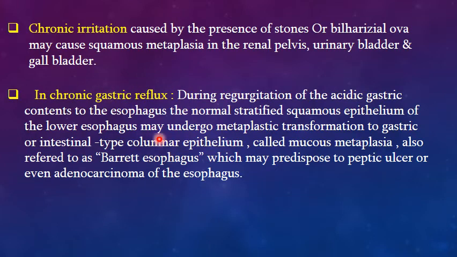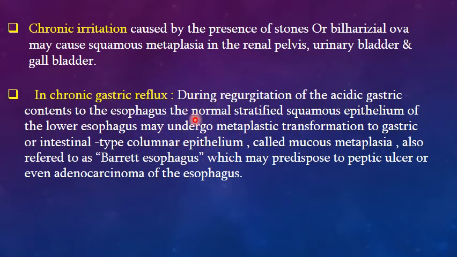Now I'm coming to another example of metaplasia, in a patient with chronic gastric reflux. The patient presents with acidity, meaning there is reflux of gastric acid from the stomach to the esophagus. This is called GERD, gastroesophageal reflux disease. During this regurgitation of acid gastric content to the esophagus, normally the epithelial lining of the esophagus is squamous epithelium. When there is abnormal reflux of the gastric acid from the stomach to the esophagus,